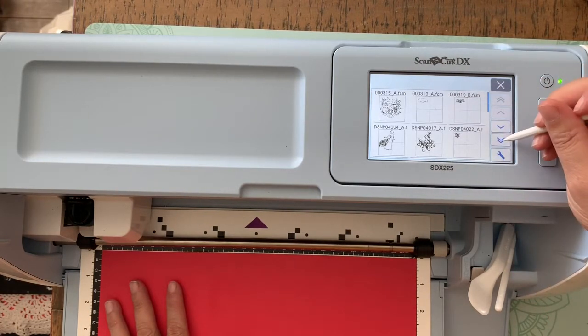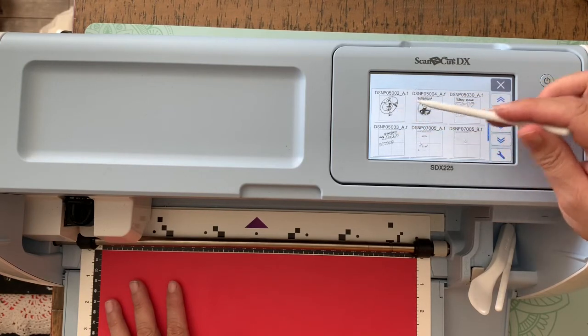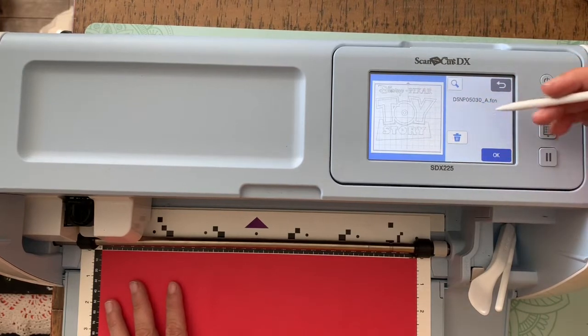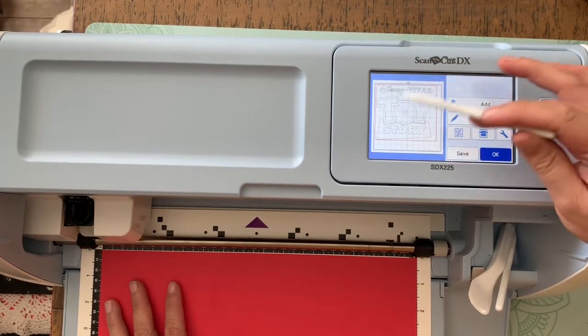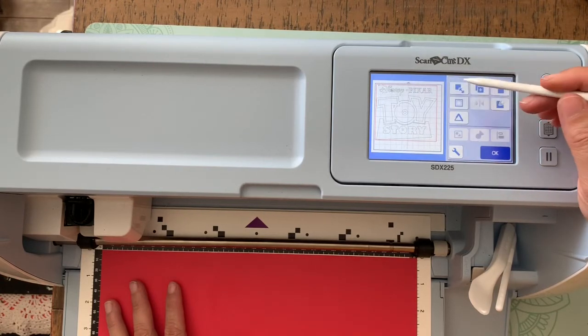Everything that I have is here. I'm just going to go down to the bottom because these ones are towards the end. I've got a couple of different ones I can pick from, but I know I want this one that says Toy Story, and I'm going to want it in a couple different colors so that I can layer this up. So first I'm going to edit this,